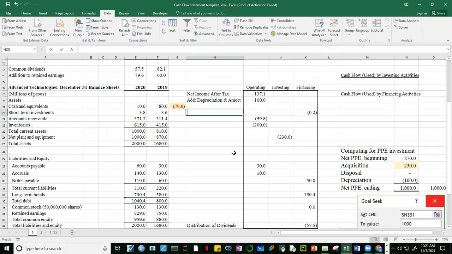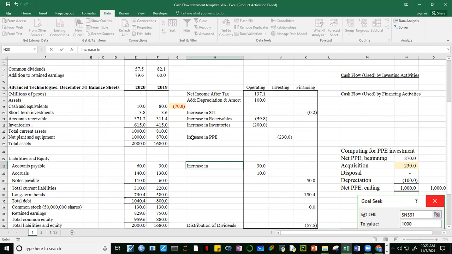This one is increase in short-term investments. This one is increase in receivables. This one is increase in inventories. So that we'll just copy this label here to our formal statement of cash flows. This one is increase in property, plant, and equipment. This one is also increase in payables,